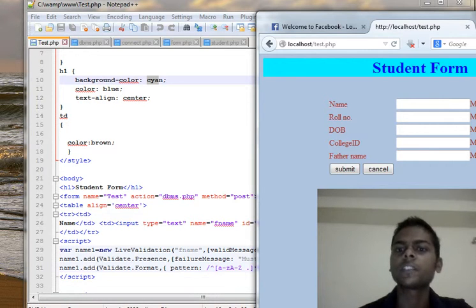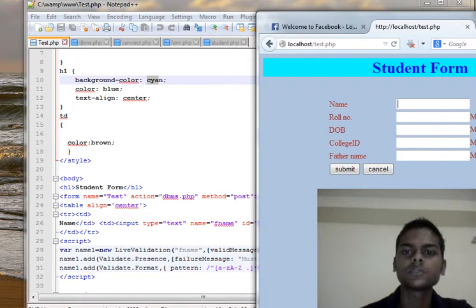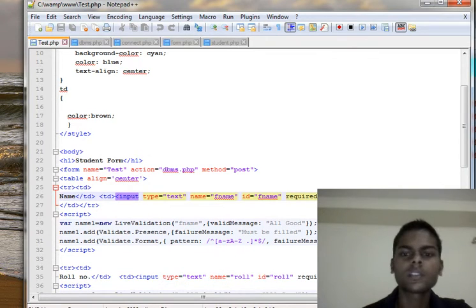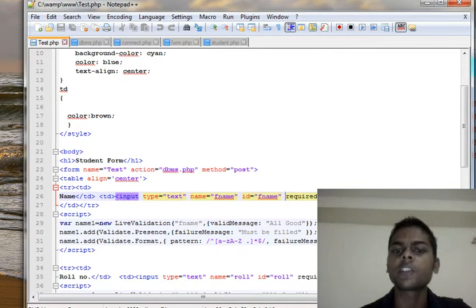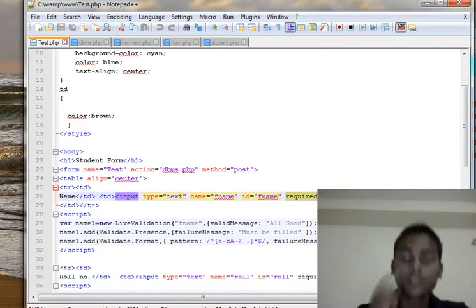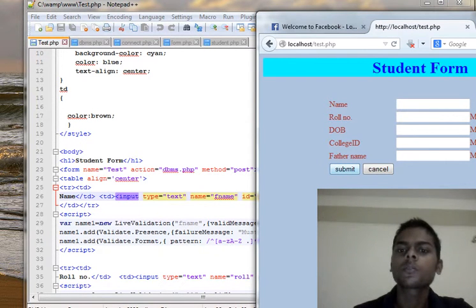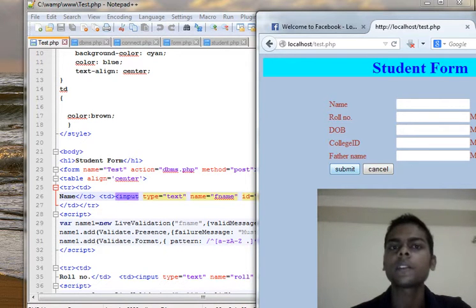Let us discuss what is happening behind the text field. This is name. In the name text field, I have used the required script. This required attribute works when we click on the submit button and leave the text field unfilled.